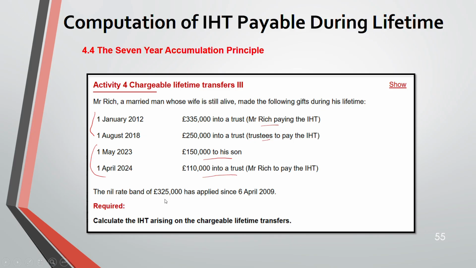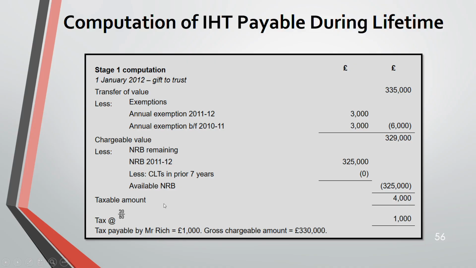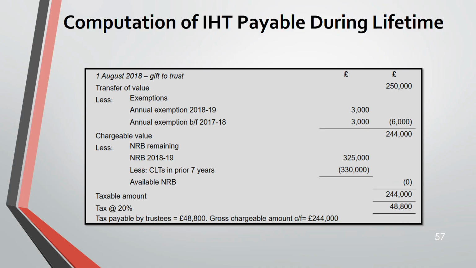Now moving on to the first gift. So first gift, you utilize the full nil rate band. Okay, the donor is paying, so you take the tax and add with this one 329, hence your gross chargeable amount is 330. Moving on to the next gift. Here you have made a CLT prior in 7 years, that is 320, the previous gift. This you can deduct. So with this, if you deduct from 325,